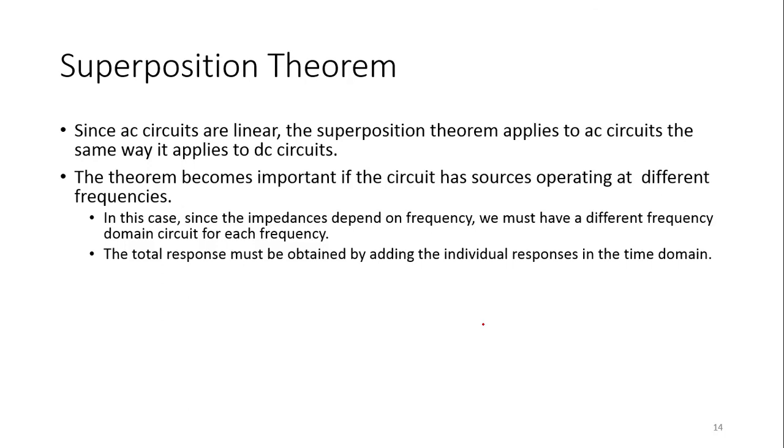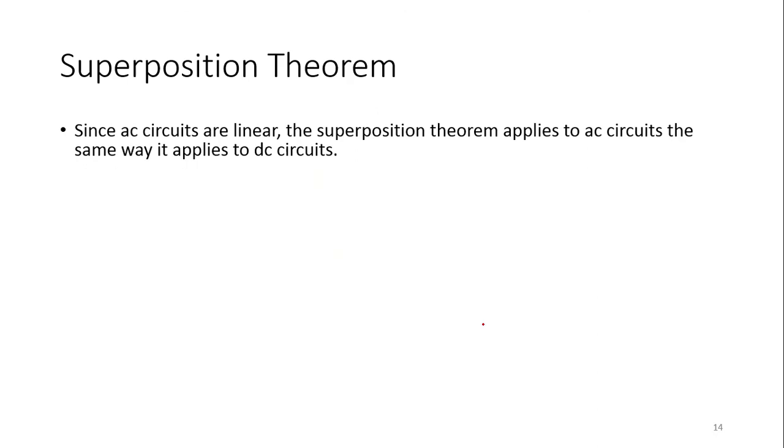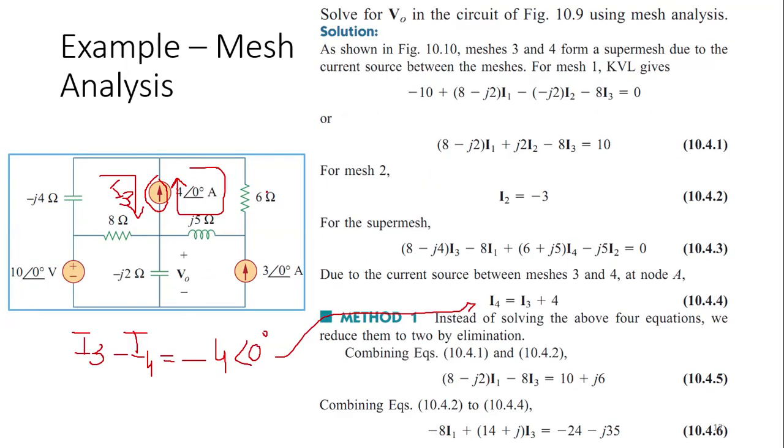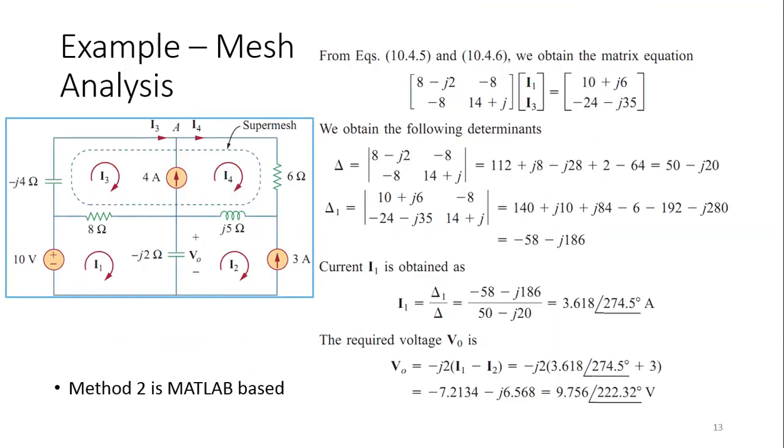We have already discussed in detail that when working in the phasor domain, we suppose that all the frequencies are similar, or conversely, that the frequencies of all the sources present in a circuit are similar. For example, in this circuit, we have three sources, two current sources and a voltage source. The frequency of these current sources and this voltage source are all similar. That is why they are converted into the phasor domain and operated simultaneously. However,